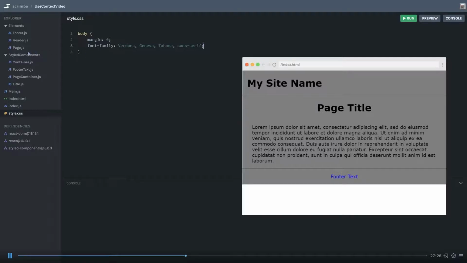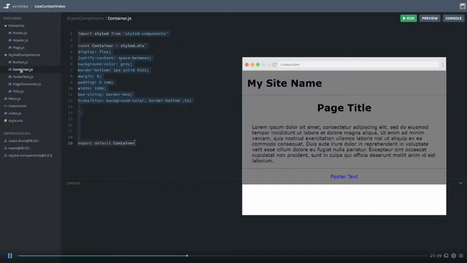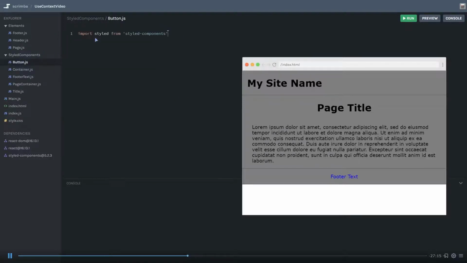Okay, so for the button, I'm just going to set up a couple of styled components. The first one is going to be the button itself. And in there, we just need to import styled from styled-components. Then let's create our button. I'm going to set that equal to styled. And within styled-components, we've got the option to call it a button. Of course, it's an HTML element. And we're going to set the